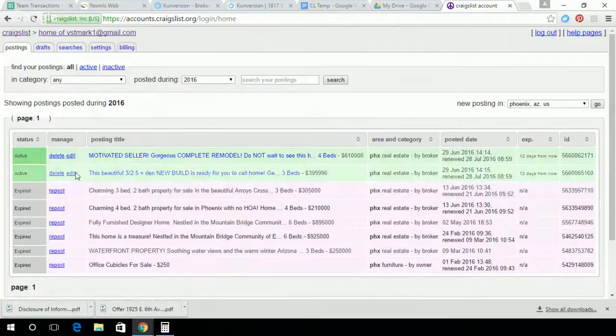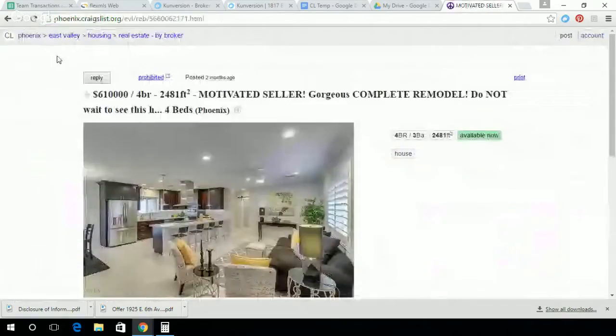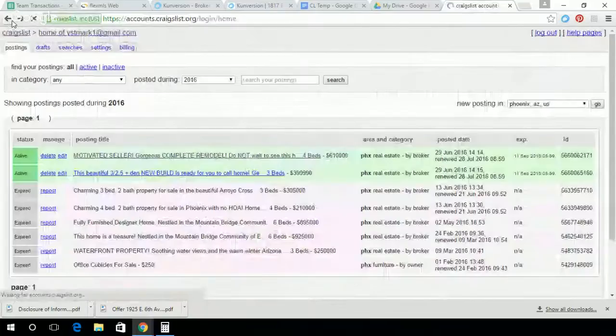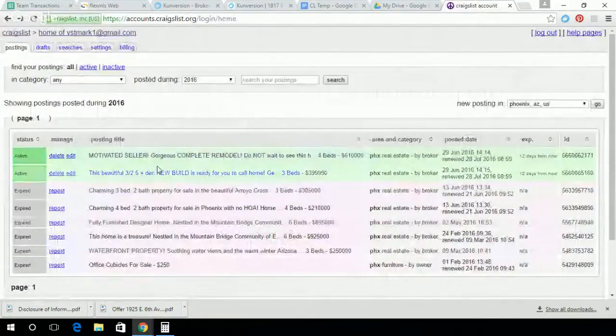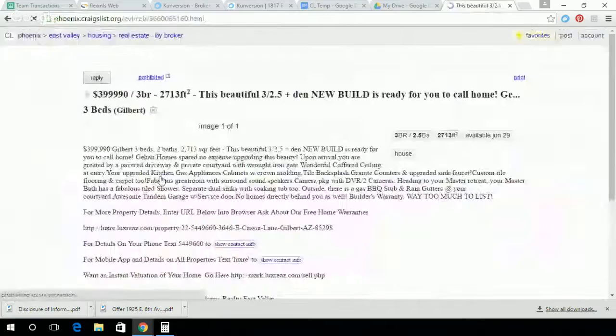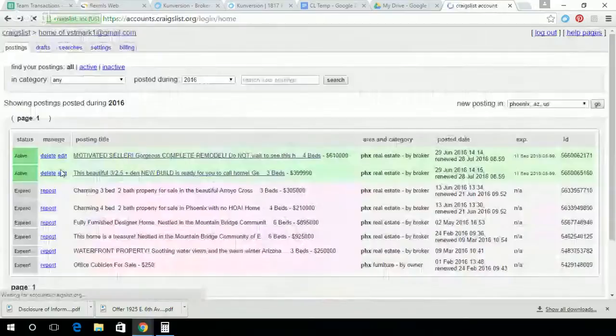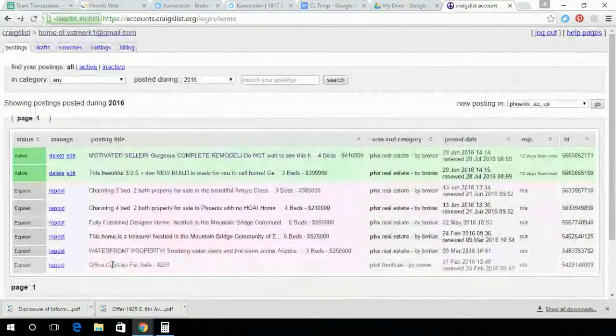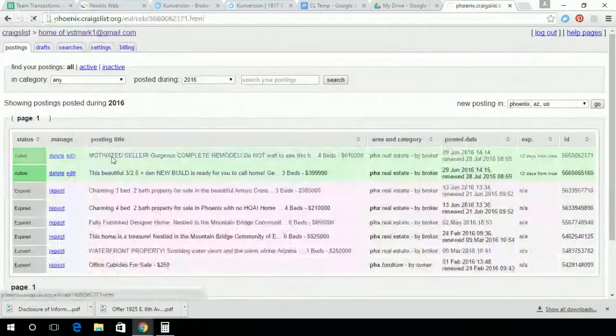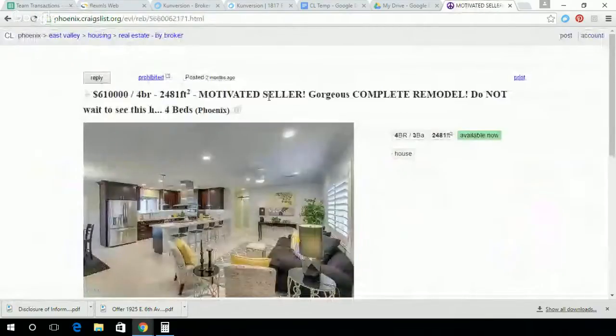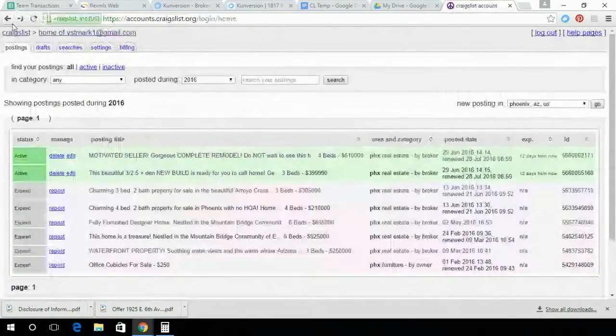Hit as many of them as you can as you go down. You can knock multiple out at one time before it takes you to the ad. Then all you do is hit the back arrow, come back and hit renew, renew, renew again. It'll take you to the ad, and you repeat. Trust me, this will save you time, because if you just hit renew and you have 2 pages of ads, you're going to get sick of it taking you to the property and going back, okay? So there's just a little shortcut for you guys.